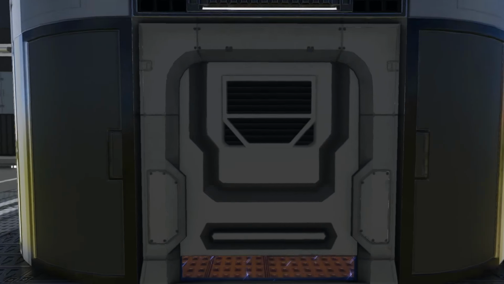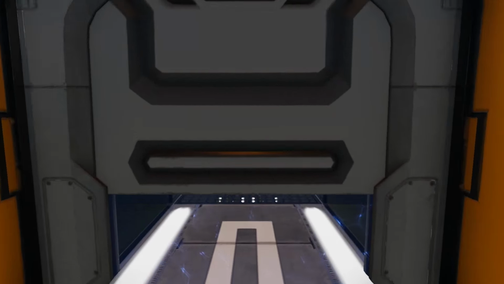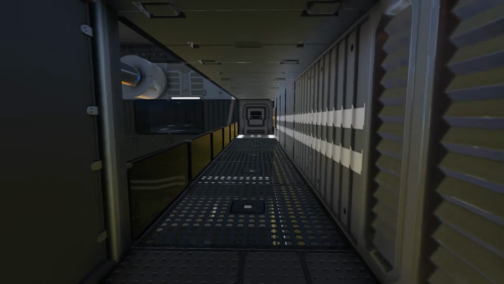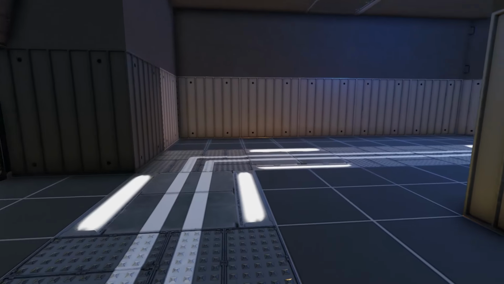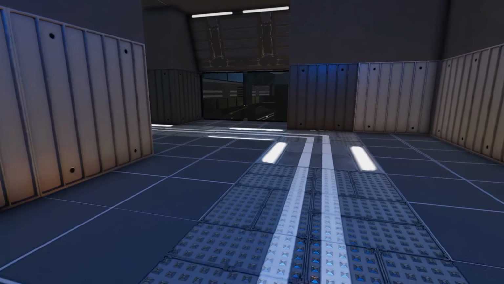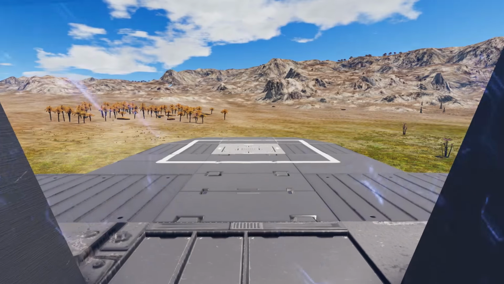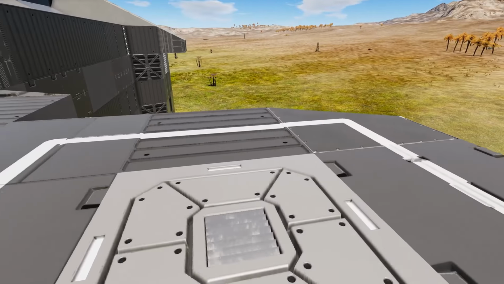Taking the elevator inside the hangar bay, we will come up to a level that gives us access to the 2 reserve areas of the base. These rooms have been left intentionally empty, so you can use them for whatever you need, such as more fuel or oxygen storage. The door straight across from this elevator is another access door to one of the outside hard